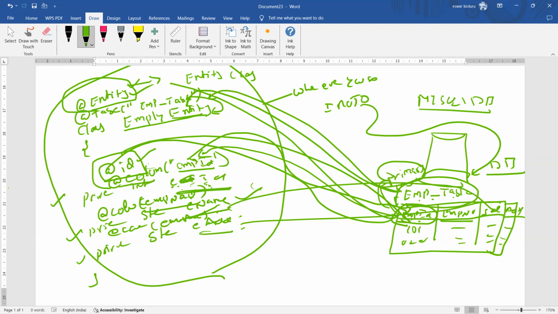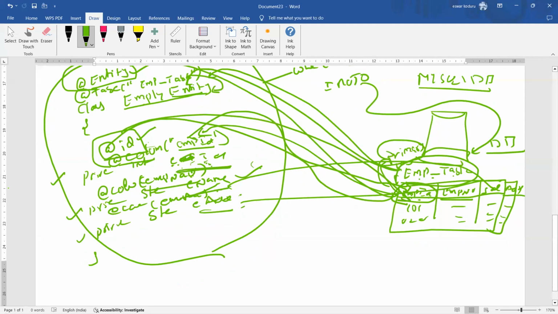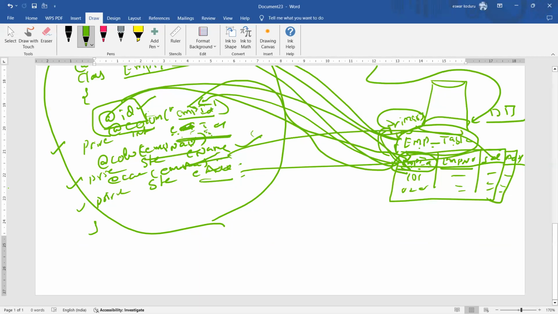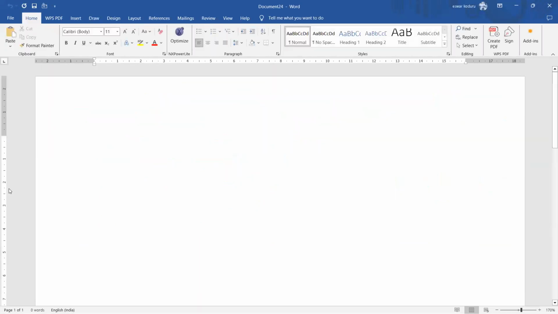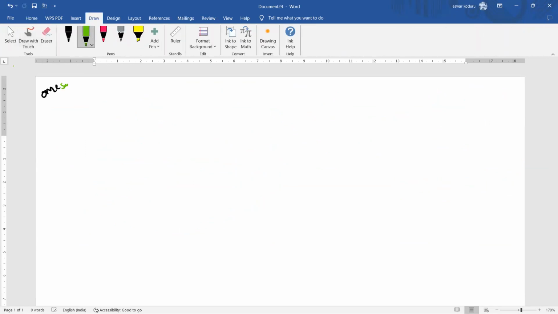How to save, how to update, how to delete, how to patch, and how to retrieve, we're going to teach you when writing a POC. But as of now, how we are mapping the table to the POJO class, we are talking about in this session, the annotation session. Now one more annotation is there. What is that annotation? One to one, one to many, many to one. What is this one to one? For example, one to one, maybe one person